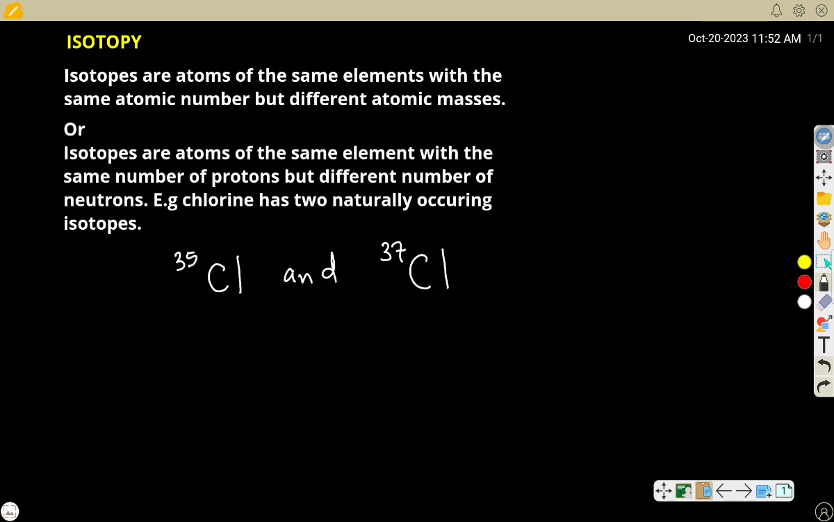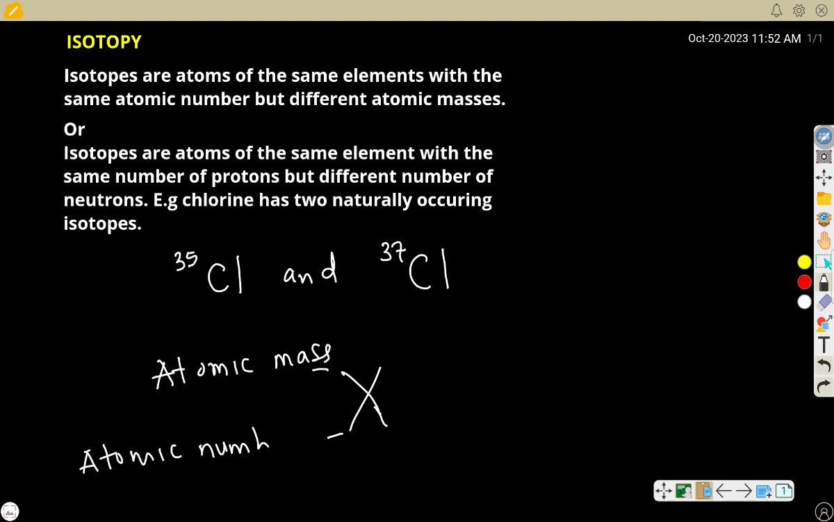So if I have element X, any number you write here usually represents atomic mass, and any number you write here usually represents atomic number. So any number you write here is atomic number, any number you write here is atomic mass. So if you look at this chlorine now,